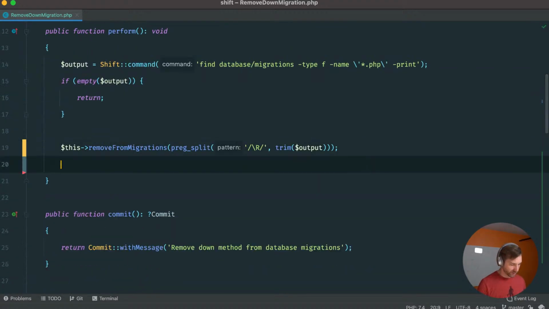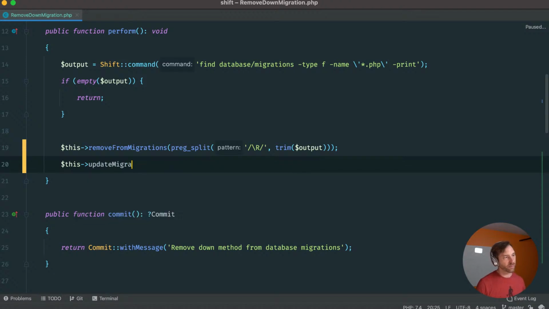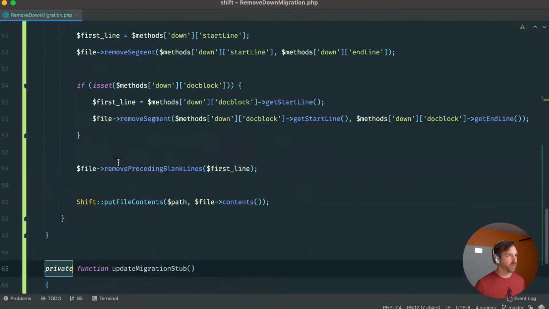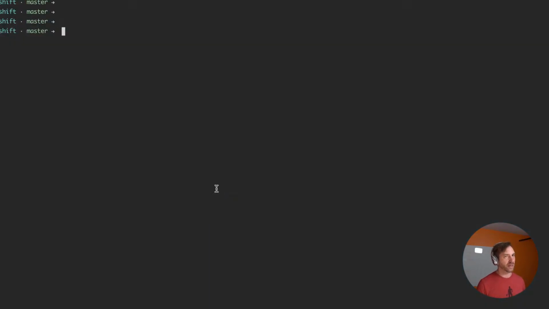And then what I want to do next is add a new method that's something like update migration stub. All right, and this is what we're going to be building now. So let's add this method. And the first thing we want to do is the easy path. It's basically like if shift file exists,